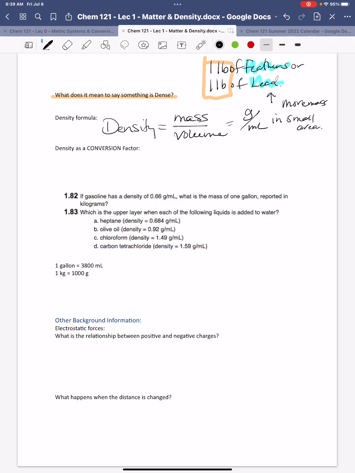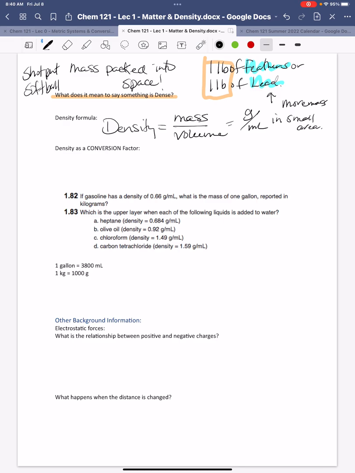So density has to do with how much mass is packed into a specific volume, into space, right? So think about things that are dense. Think about things that are not dense. They have heft to them, all of them do. Think about the difference between a shot put and a softball, right? They're about the same size, volume, but they're dramatically different in mass, right? And so that's how that works.